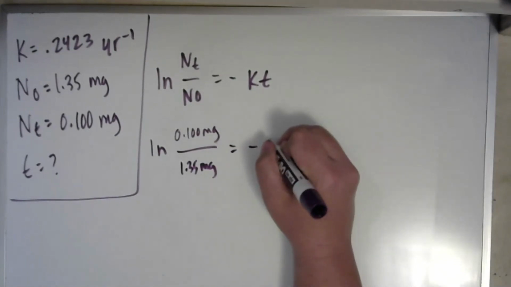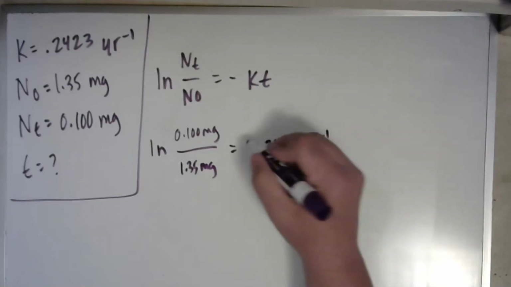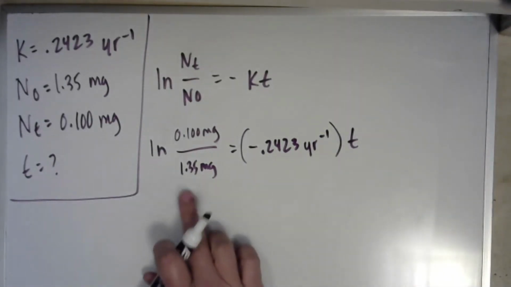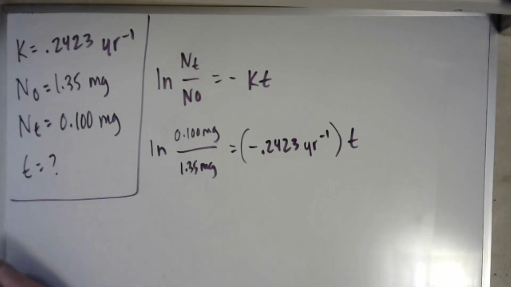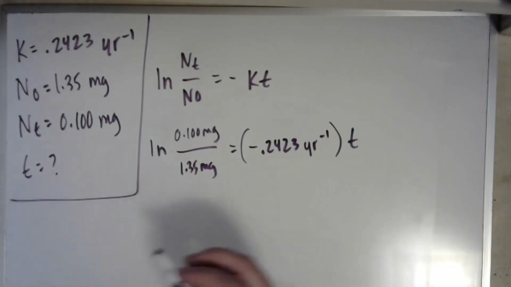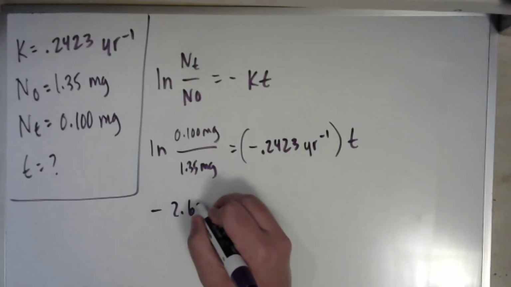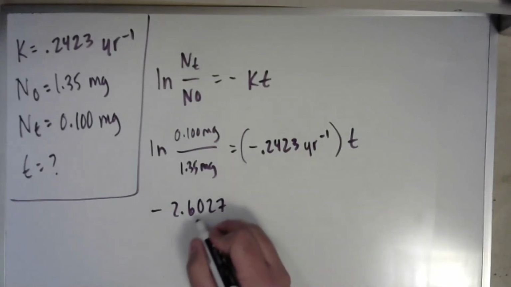This is going to be minus 0.2423 inverse years, and then we'll have T. Okay, so I'll figure out this term first. 0.1 divided by 1.35. I'm going to take the natural log of that. So that's going to be negative 2.6027